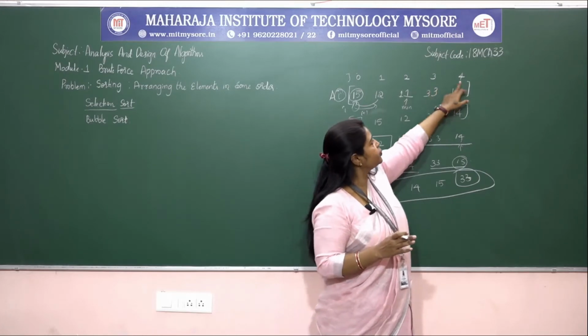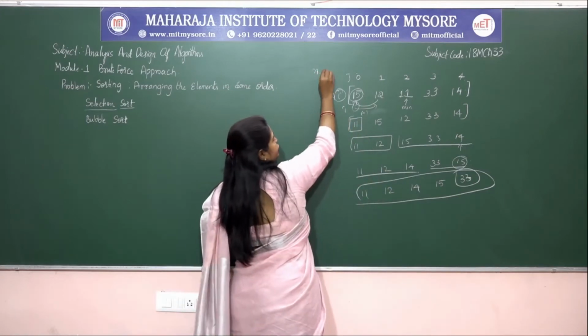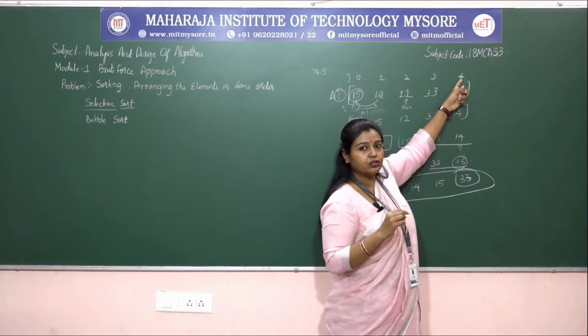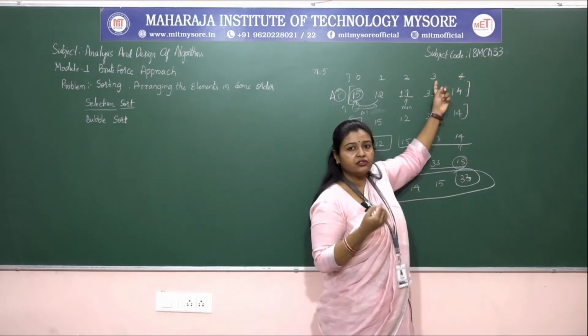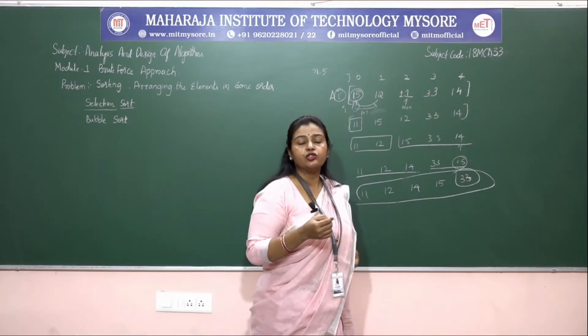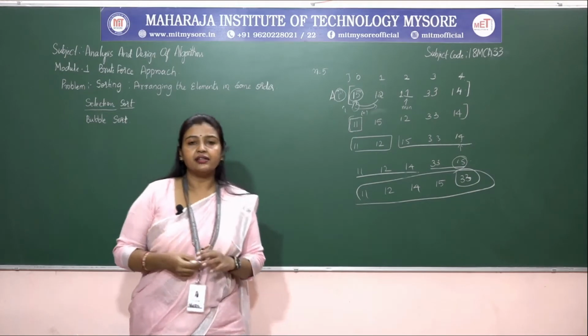So if you consider this one, what is the number of elements? n is equal to totally 5 elements we have. 4 means what? n minus 1th position. Therefore 3 is nothing but n minus 2. So up to n minus 2 position we need to go. Okay, so now let us write the algorithm.